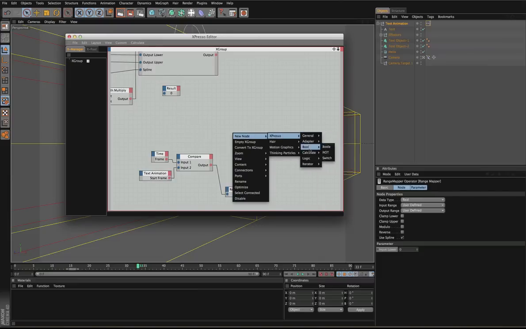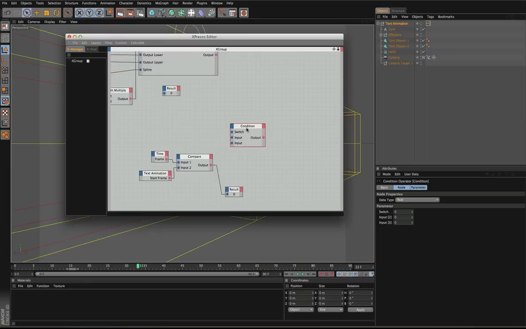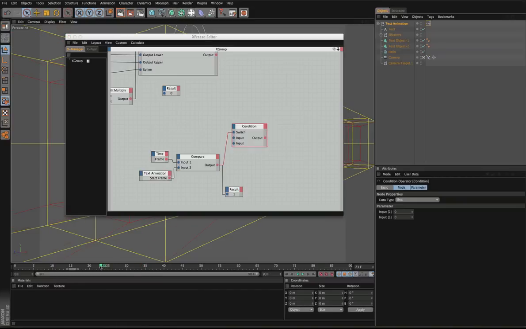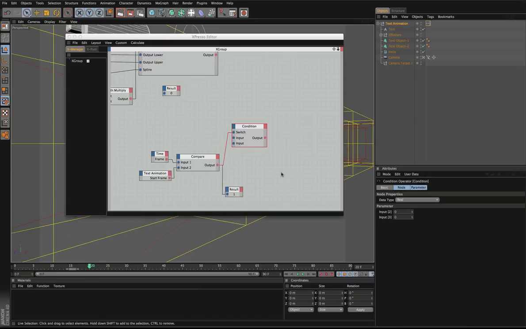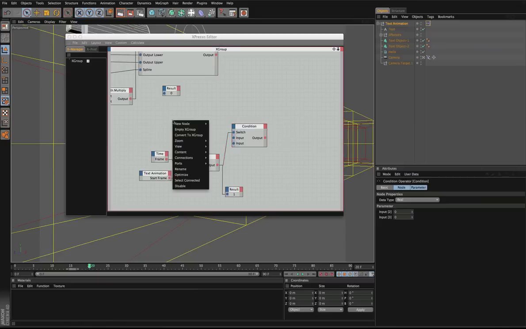Back in Xpresso, we're going to need to get that condition right here. It's going to be fed from this compare, the output. It's going to go into the switch. So if it is 0, it'll go to this input, and if it's 1, it'll go to this input. So basically, if it's 1 right here, we want the camera position to be equal to where exactly